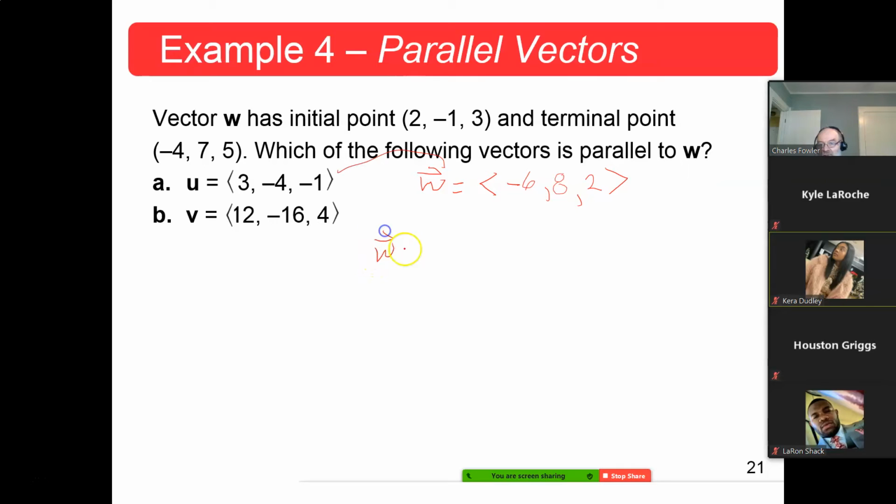W is equal to -2 times V. Agreed? 3 times -2 is -6. -4 times -2 is +8. -1 times -2 is +2. This one,